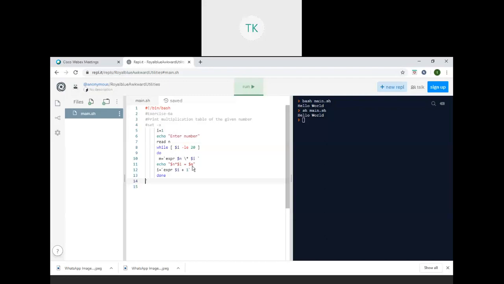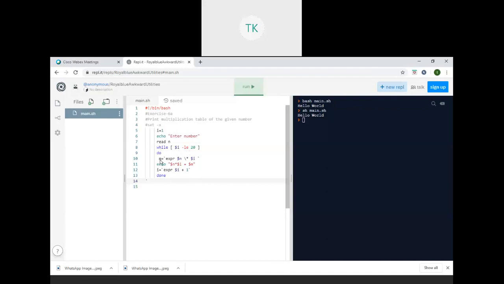Then the i value will be incremented. Again it goes to the while loop and checks the i value. The i value will be 2, and 2 is less than 20, so again the condition will be true.